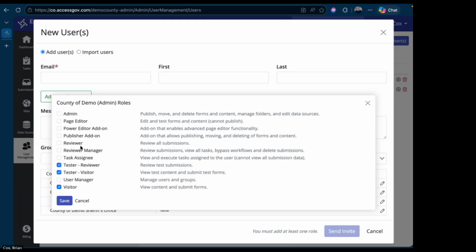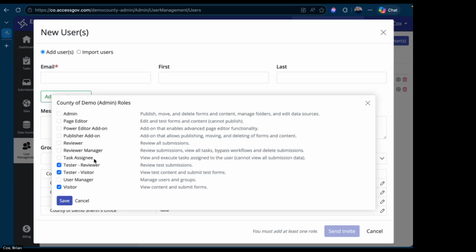Additionally, up here, the next three that we have task assignee. If you are individually assigning a task to someone, and we'll talk about this especially in future sessions, or if anybody has further questions about this in the Q&A, I'm more than happy to answer this. But this is mostly with reviewer tasks where somebody may have an approval step within a workflow. If you assign that to one individual in particular, rather than using group functionality or any of the other assignment types, you would need to make sure that that individual has the task assignee type as a reviewer to be